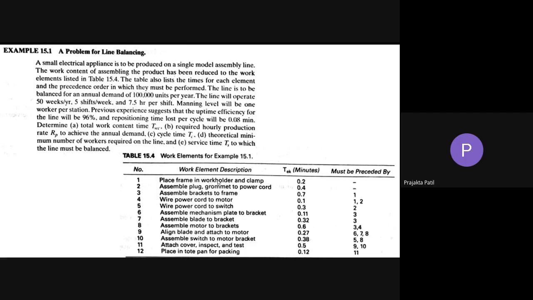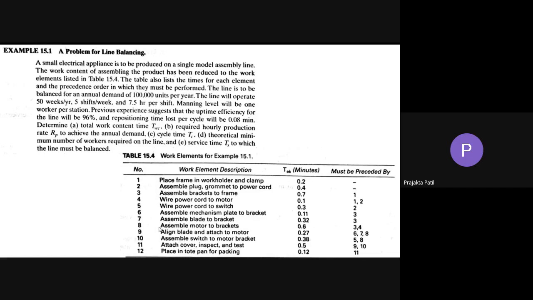Place frame on work holder and clamp, that is one work element, one task to be performed. Then there is the next one, and the next. All of them together are called the total work content. The table also lists the time for each element and the precedence order in which they must be performed. Precedence order becomes very important here.